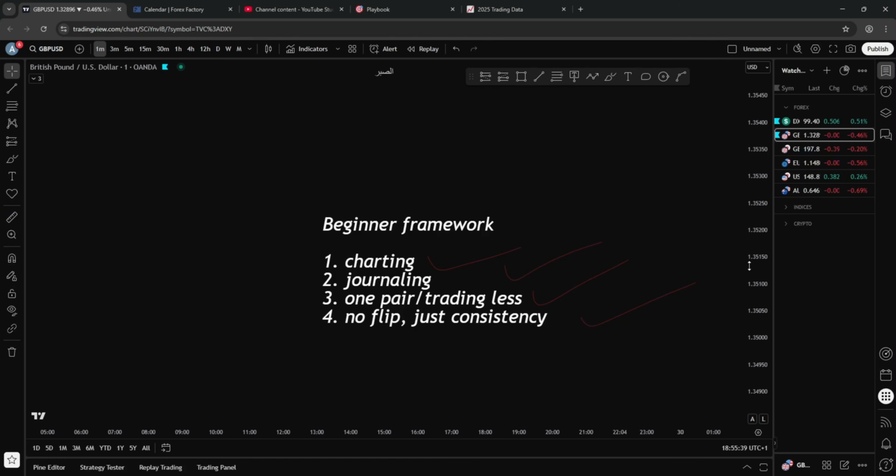I understand passing evaluations as a more experienced trader is a bit of a waste of time because you're not making money from it. But as a beginner trader, you definitely do not want to be doing this because you're just going to go through a cycle of blowing so many accounts and losing a lot of money. And that's something you do not want to do because you're just going to damage your psychology massively. Use all that time to practice surviving on an account,